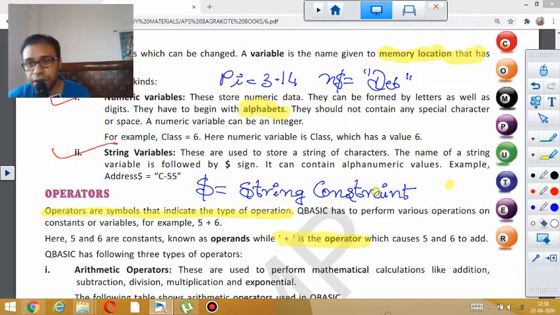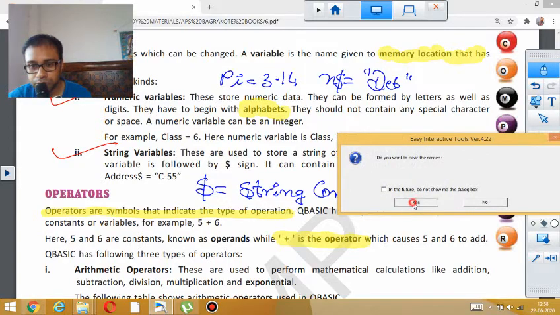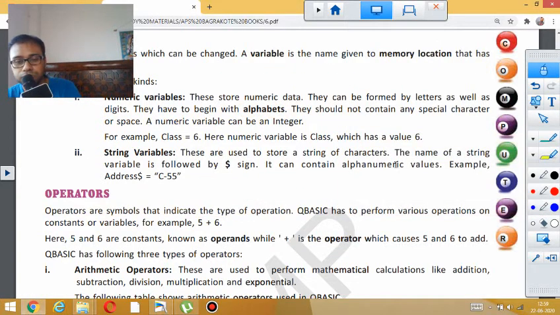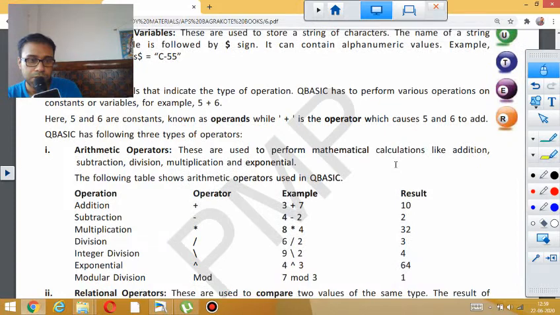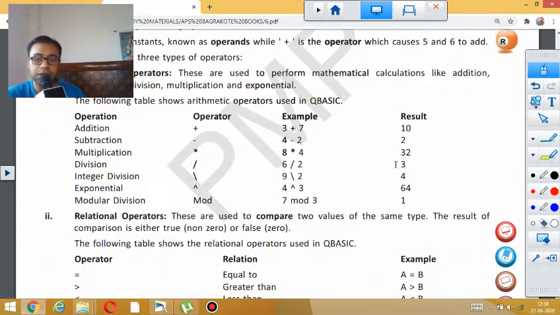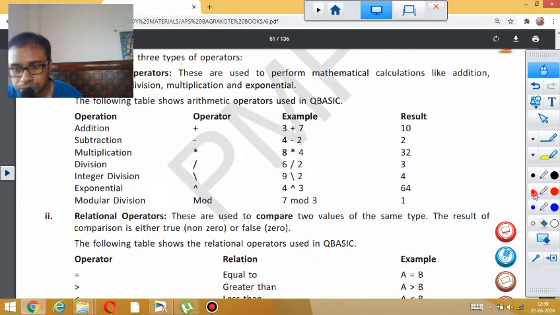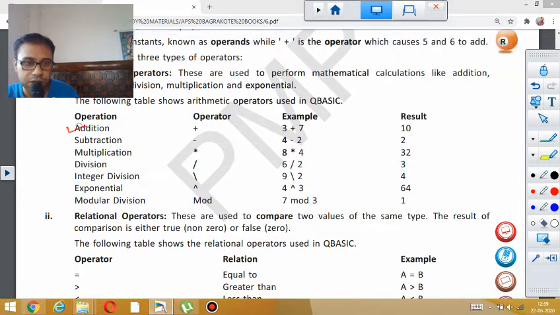Now there are different classes of operators that we see. Starting with addition, we all know it is used for doing addition, subtraction.